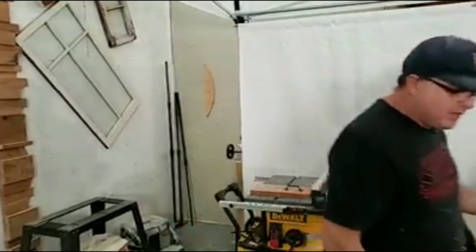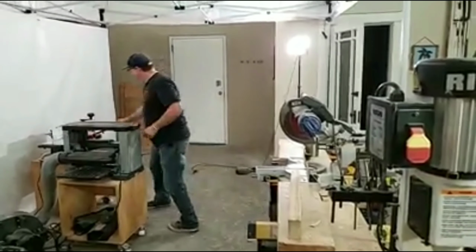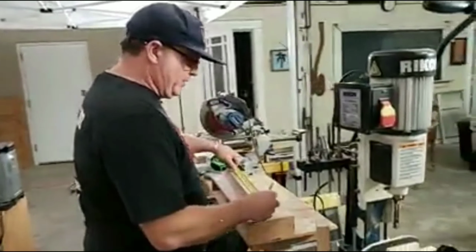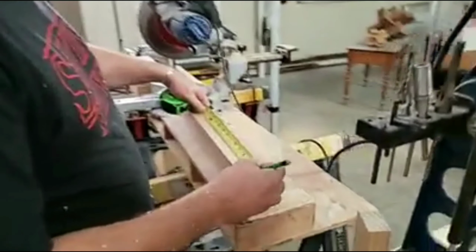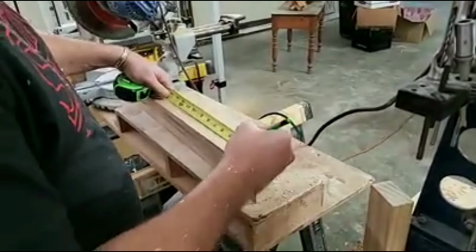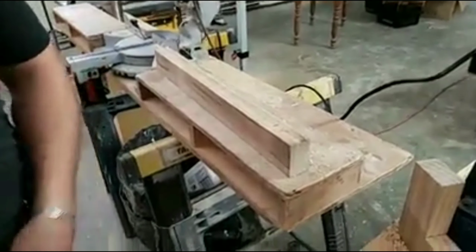So that's not bad. Let me get my tape. I'm going to go ahead and mark my mortise here. My piece I cut to 2 1/4. I got to come up a 1/2 inch. Mark my 2 1/4 here. That's where I'm going to cut my mortise out,